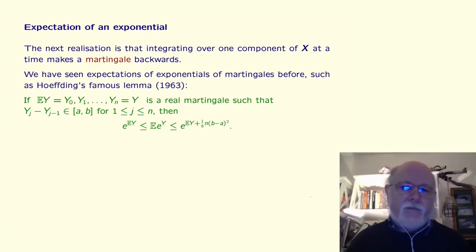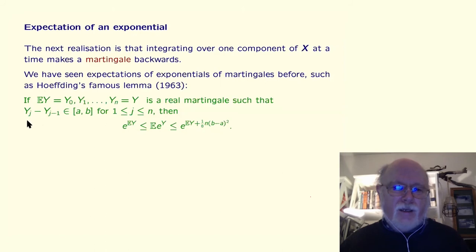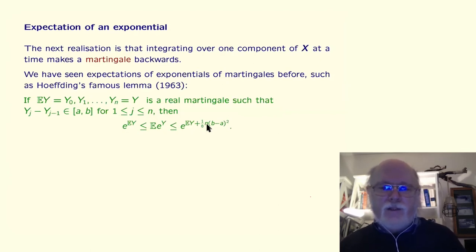So the expectations of exponentials of martingales have been studied before. For example, Hoeffding's famous lemma says that if you have a real martingale, so that the differences between the steps in the martingale lie in some real interval, then the expectation of the exponential of the martingale is in between the exponential of the expectation and the exponential of the expectation plus an extra factor. Now, Hoeffding proved this as a step towards his famous concentration theorem, but we don't want to take this extra step, at least not for this work. We want to actually stop here and use the thing that's in the middle